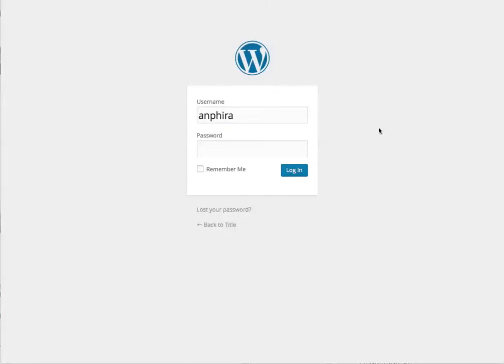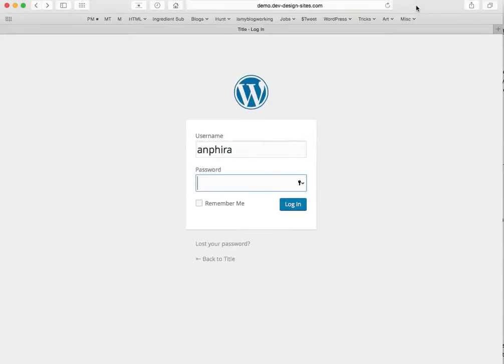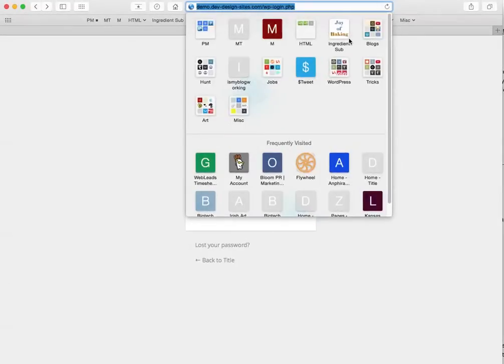Hi, this is a quick walkthrough of the WordPress dashboard. So before we can get started, we have to answer the simple question: how the heck do we get to the WordPress dashboard? Well, for the majority of you, your WordPress dashboard is accessible at your URL